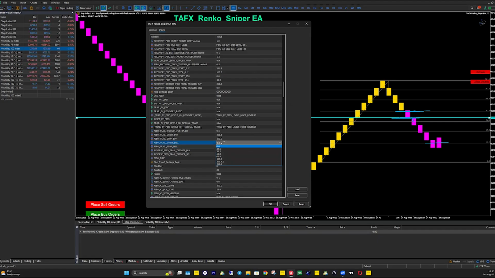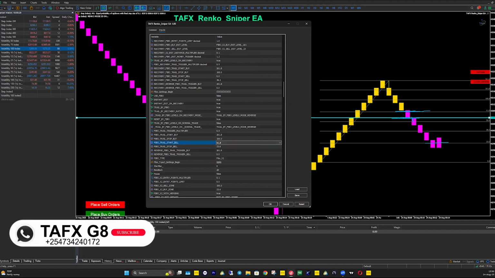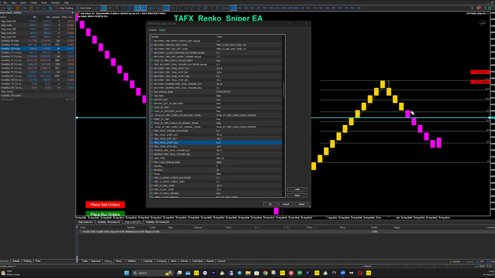And we want the trailing start at level 61.8. So that is what we are talking about. We want now, if the level 61 will cross or will be below our entry point, and the market is at level 0, we want the trailing stop to be at our level